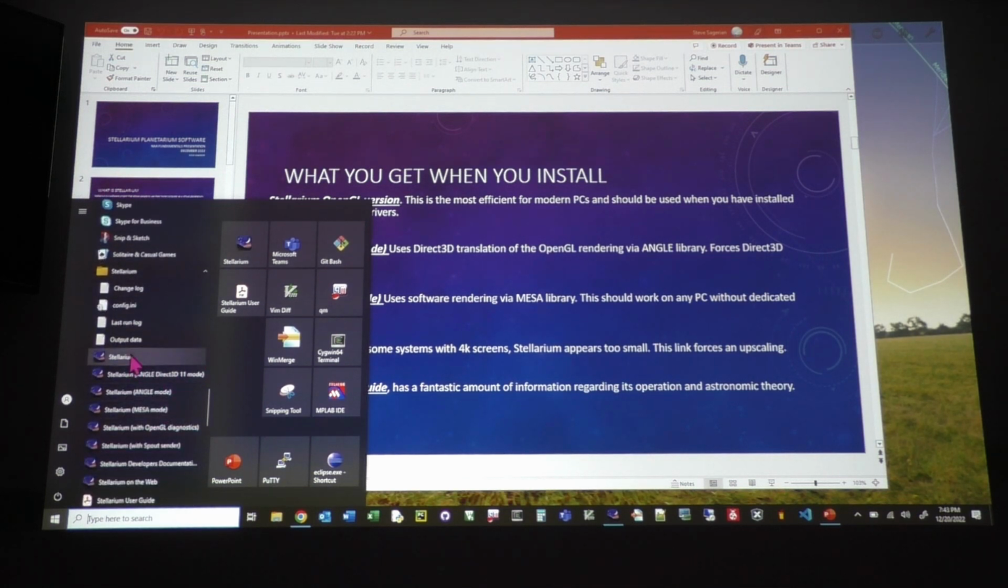Can everybody see that? Okay, that's Stellarium. That's how to launch it through the power button on Windows. But there's also these other flavors of Stellarium. There's something called Stellarium Angle Direct 3D, Stellarium Angle, Stellarium Mesa,